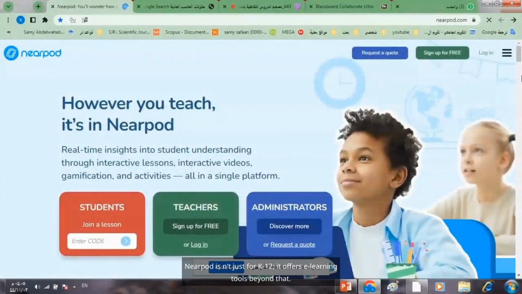Nearpod isn't just for K-12. It offers e-learning tools beyond that. We'll explore each tool and cover them simply to address these topics. You can then use Nearpod in teaching. Faculty might wonder, enter as faculty or student. We'll enter as